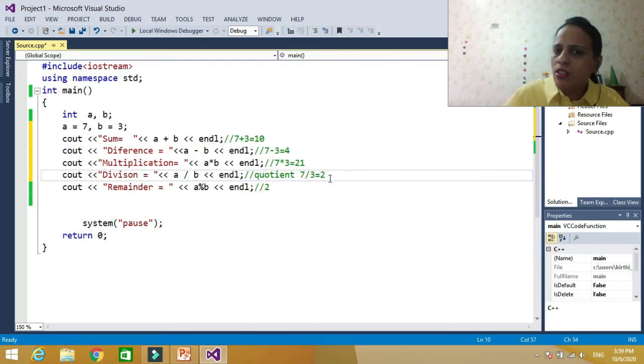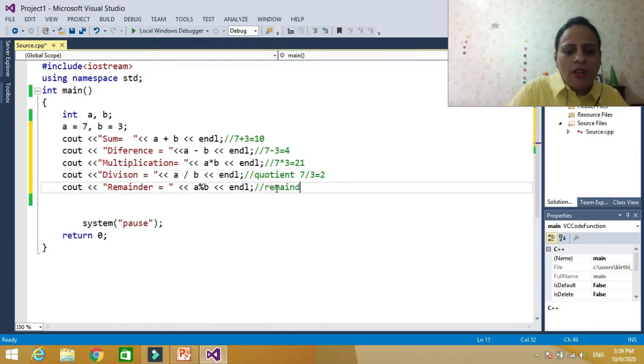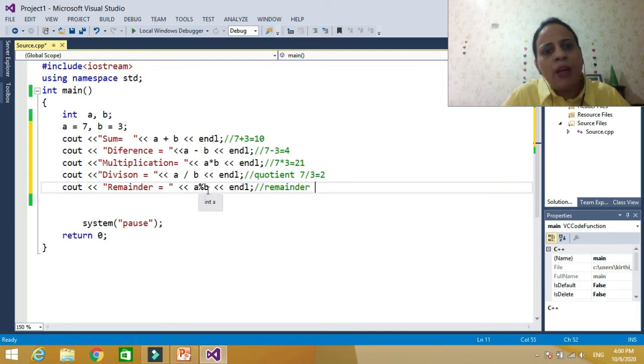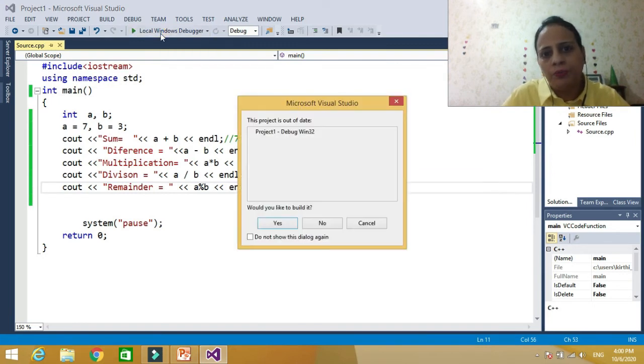So whatever is the quotient will be the result. In case of the modulus operator, again 7 will be divided by 3 and whatever is the remainder will be your result. So 7 divided by 3, quotient is 2 and remainder is 1. So it should give you 1.